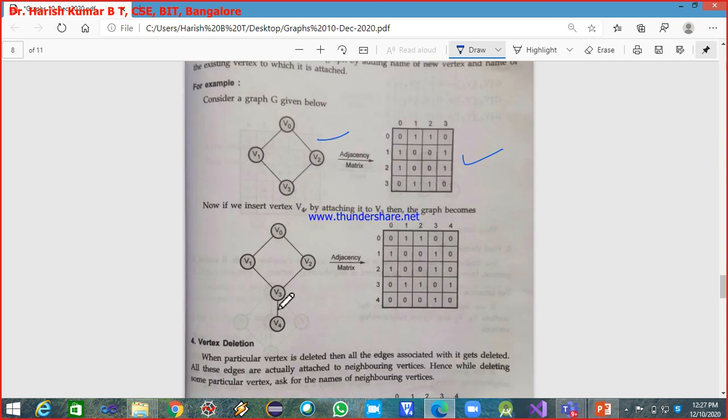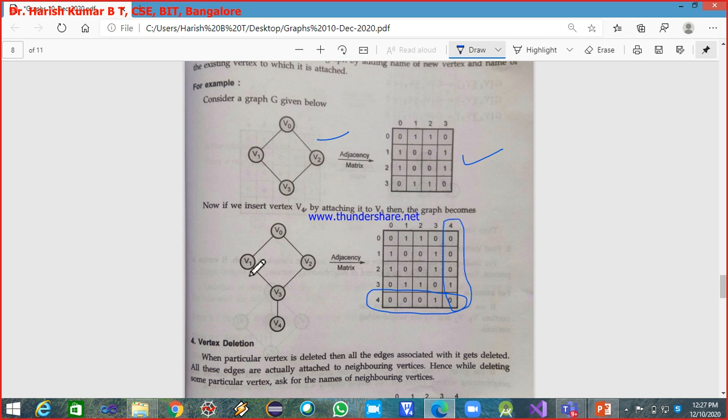Now I want to insert V4, the new vertex. If we insert V4 by attaching it to V3, the graph becomes like this. The graph was earlier only till 3, and now this is added. You can see this row is added and this column is added.